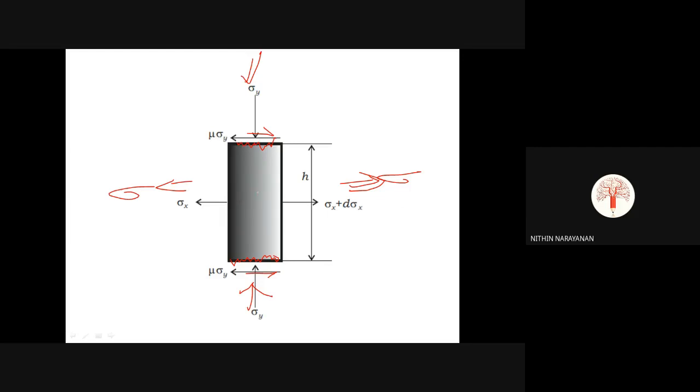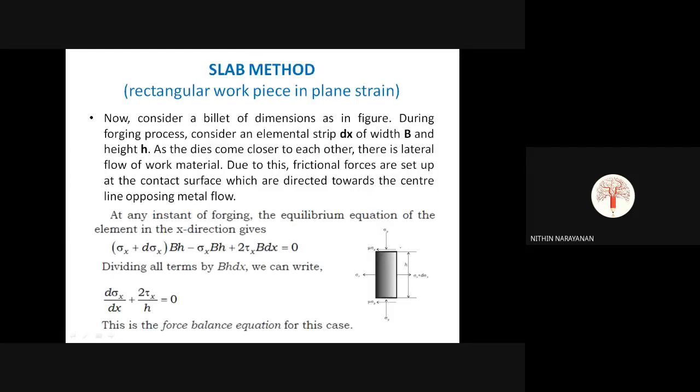So what we are considering here is it is moving along this direction to an element d sigma h. In such a condition, we can write the equilibrium equation as sigma h plus d sigma h in the positive direction. That is the stress value. Stress multiplied by the area is the force. So we are balancing the force.